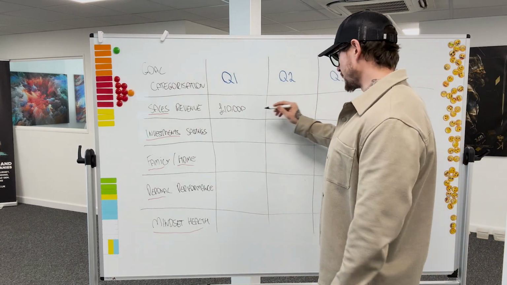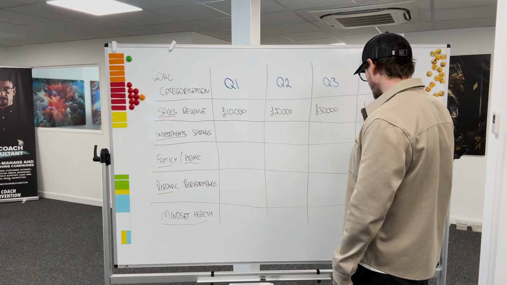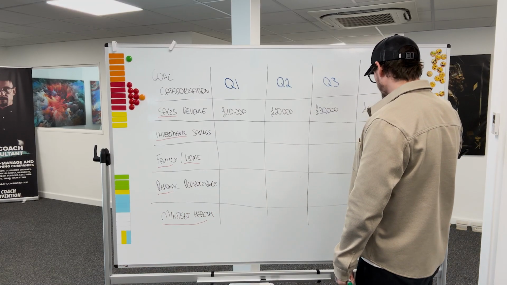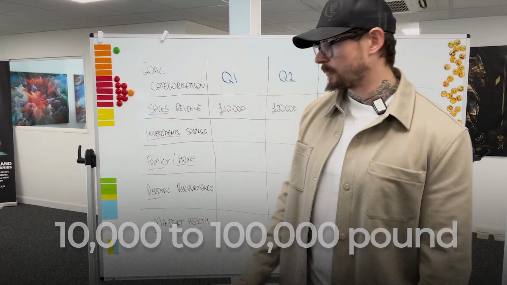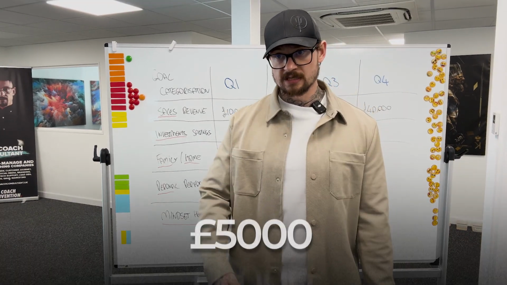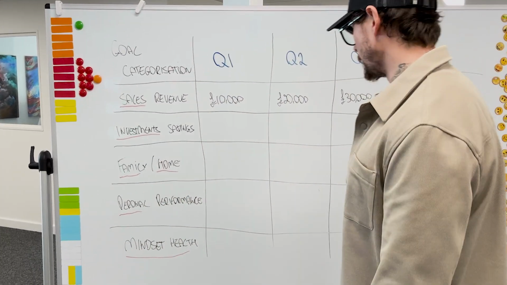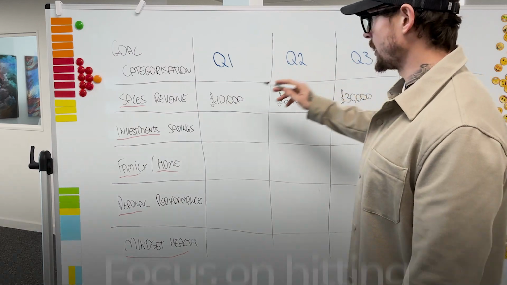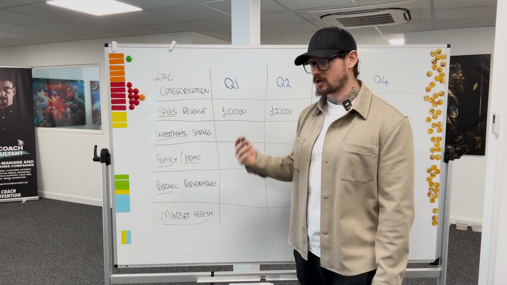From that point, I'm going to keep this realistic, easy kind of approach where you've got £10,000 per month, 20,000, and I'm obviously putting bigger numbers here just for the video, but in reality, that's the type of progression that we want to be seeing. We're not going from 10,000 to £100,000 per month. This might be for you to look at an achievability rating of going 5,000 to 8,000 or 8,000 to 9 and 9 to 12 or whatever it may be. But we're basically going, right, we are going to focus on hitting those type of targets based on our current situation, which is obviously realistic.